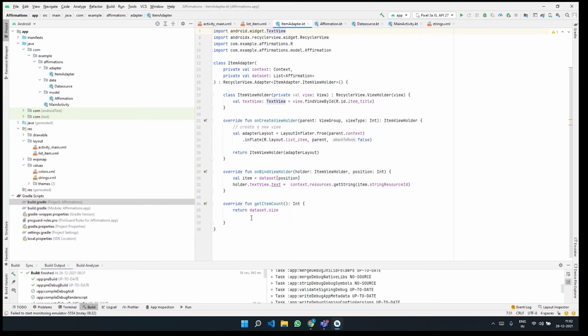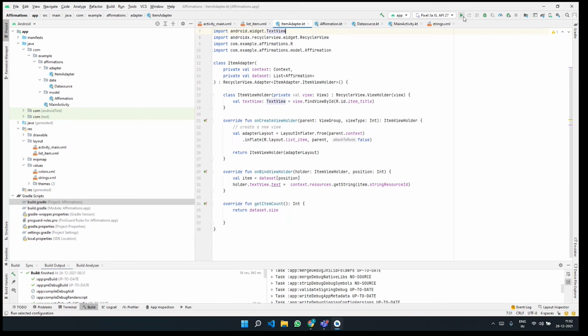In order to optimize the code, I've made the adapter a different package, and I've made a class called item adapter, where we only use these adapter functions to help the recycler view display each and every affirmation on the screen.